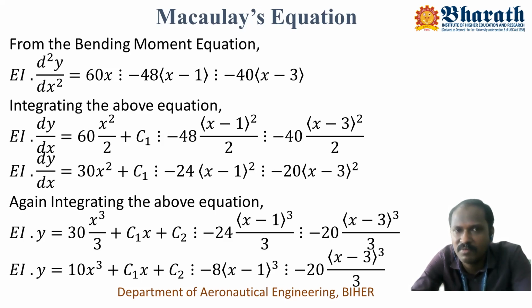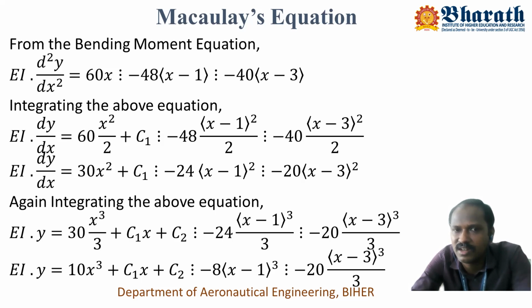Fifth point you have to remember in this Macaulay's method is the Macaulay function should be integrated as a function only. Right? So normally, if you try to integrate x minus 1, what we will do during the normal integration process, we will write it as x square by 2 minus x plus a constant. So that is what our normal integration will look like. But since it is a Macaulay function and it is written in a special bracket, I am going to consider the whole term as a function of x. So whatever is there inside the bracket is like x.